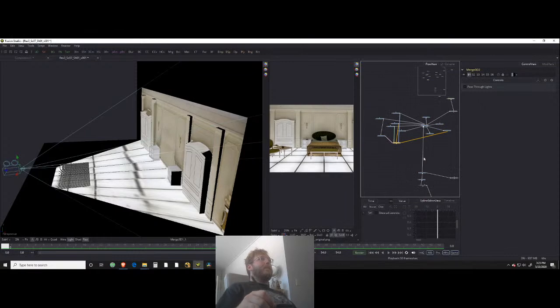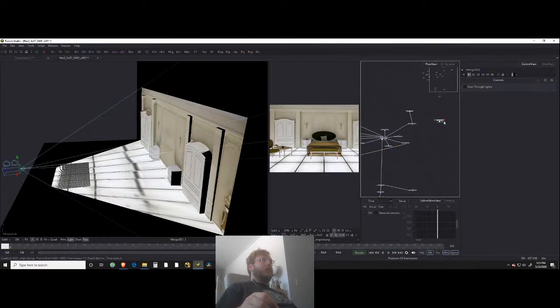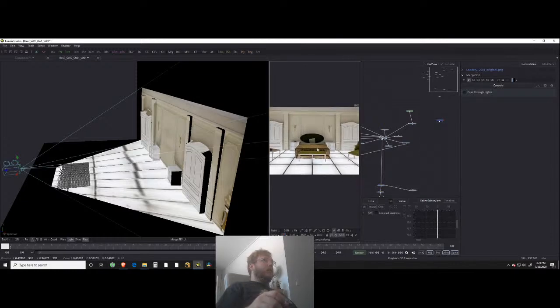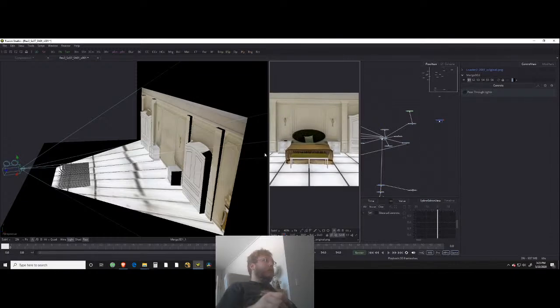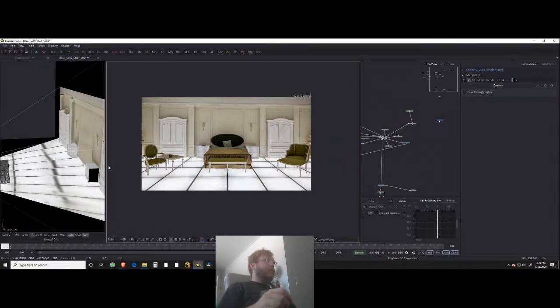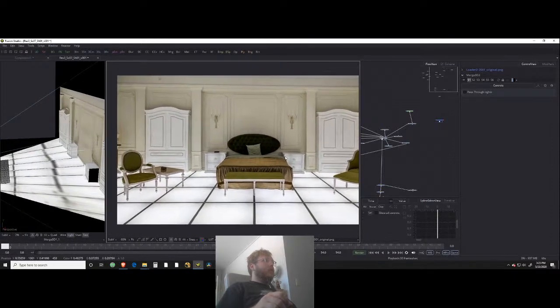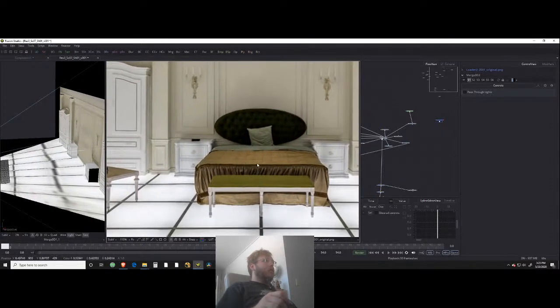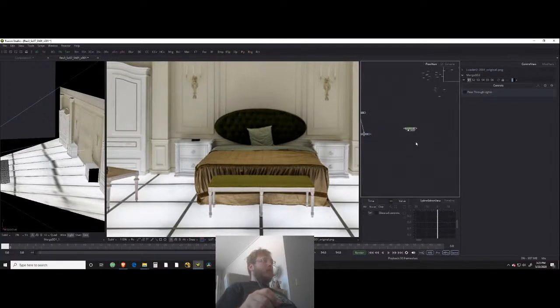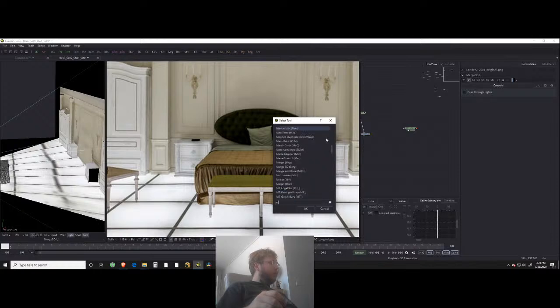Okay, let's get ready. Let me try to set the furniture first. Let's start with the bed. So I'm just going to go with a merge